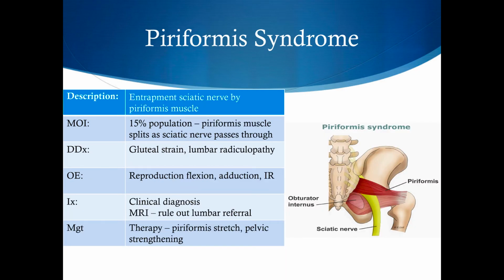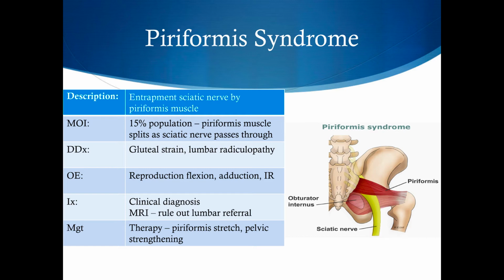Piriformis syndrome, this can also be a cause of posterior hip pain as well. This is entrapment of the sciatic nerve by the piriformis muscle. In approximately 15% of the population, the piriformis muscle splits and the sciatic nerve comes through. If the piriformis muscle is being overused, if there's a cause of inflammation or possibly even partial tearing, the sciatic nerve can be affected as it goes through that muscle group. However, oftentimes this is an